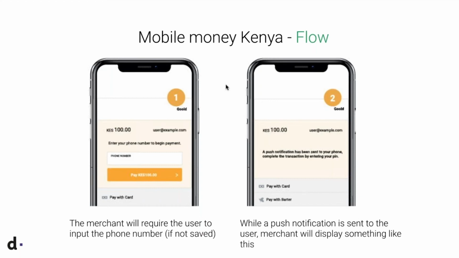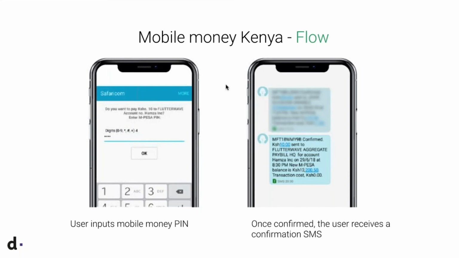Once I input my Safaricom or Airtel number, for instance, I get a push notification on my phone, and then I'm required to enter a PIN. Again, this is what breeds trust in a payment service. The fact that it's secure, it's convenient, it's fast. So I enter my PIN, 4-digit PIN or 6-digit PIN for some telcos, and then that transaction is authenticated. The payment is real time, and value is instant. So it's instant value to the aggregator in some instances. So that's how mobile money works in Kenya.